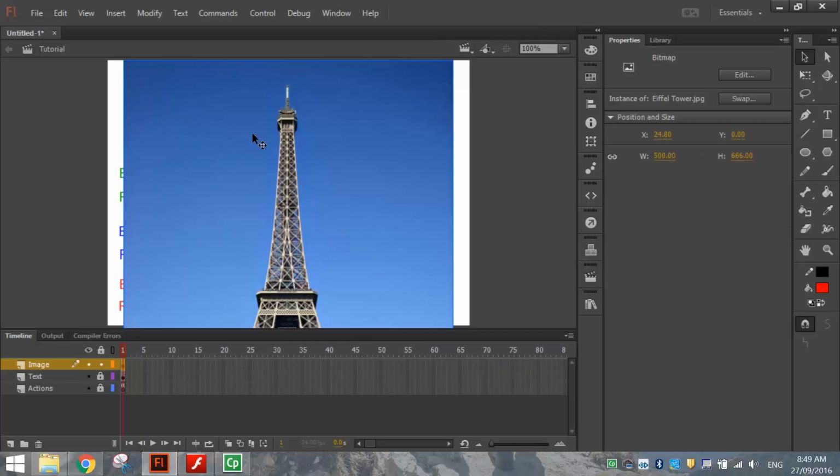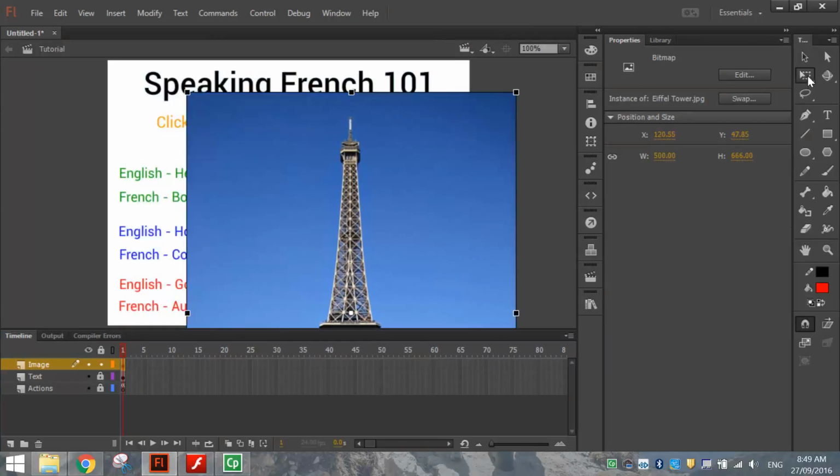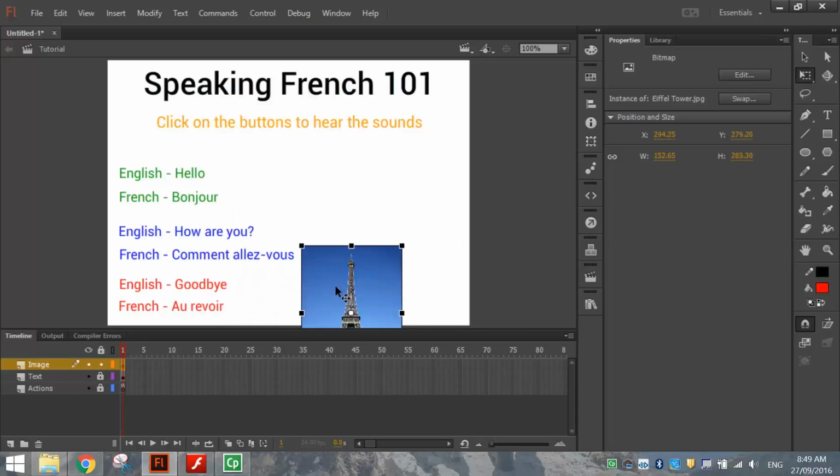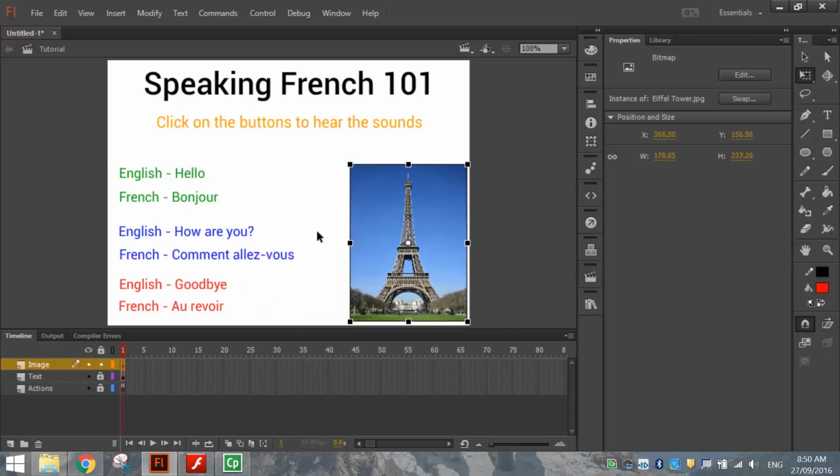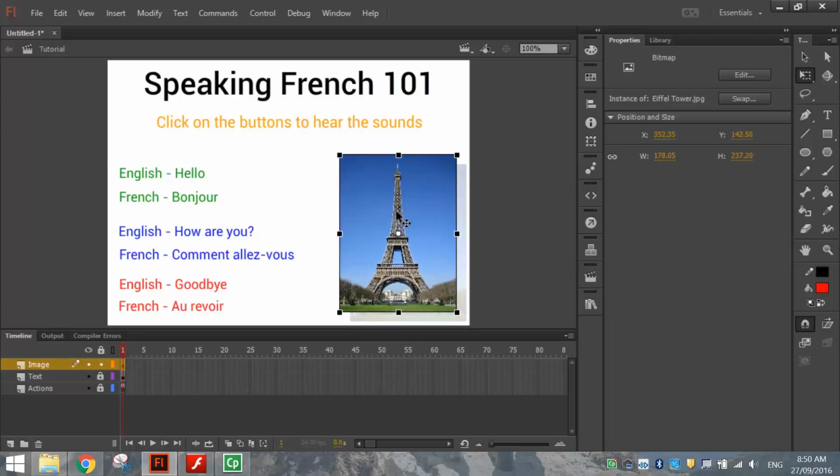It comes out pretty big. You can change the size of that simply by grabbing your free transform tool, holding shift, bringing it down to an appropriate size that's going to look good on the right hand side of the page. Remember, we've still got buttons to put in, so you don't want to make that